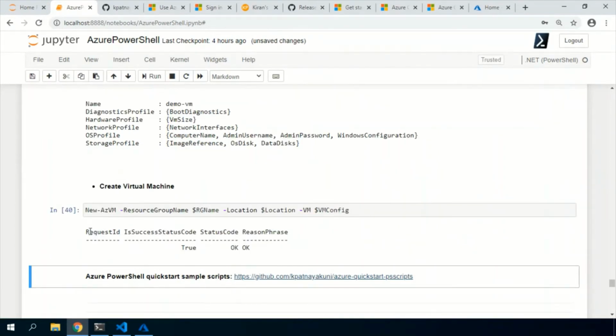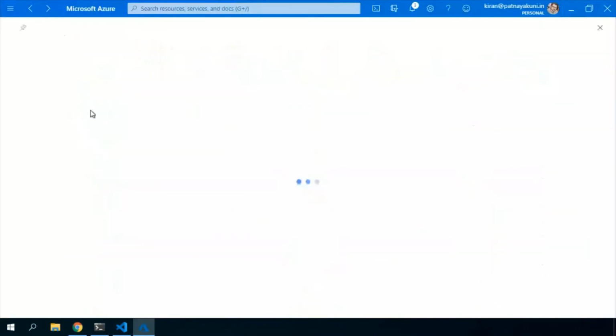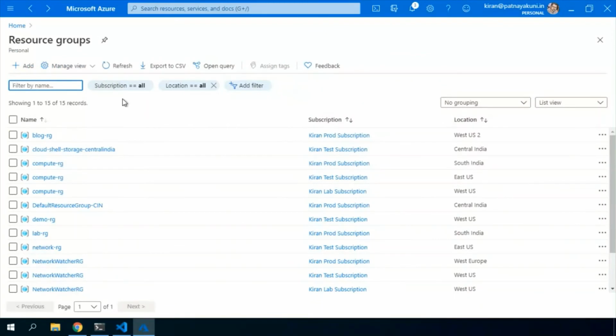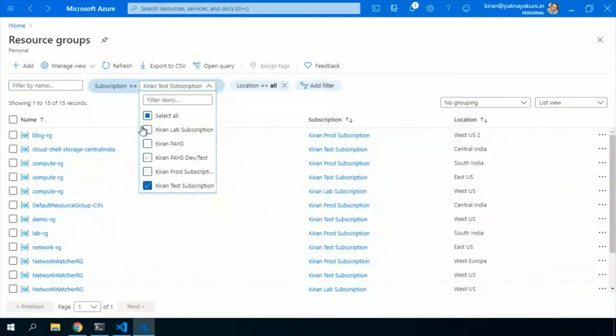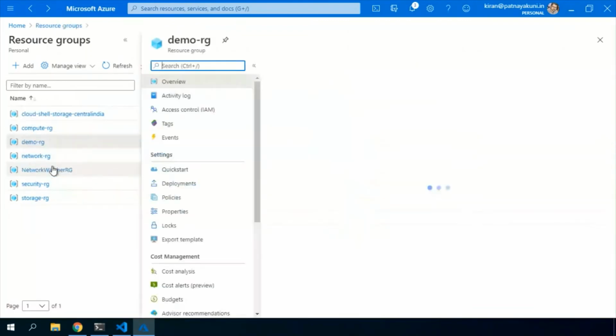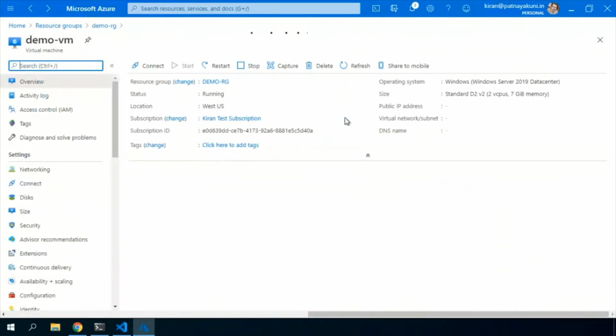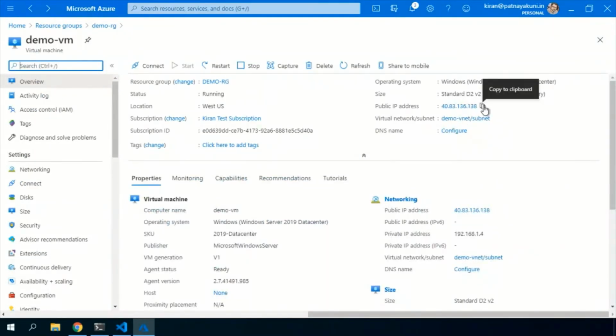Yeah, the VM is created. When you see the status is okay, the VM is created, and let's see that VM. In the demo RG, yes, the demo VM is created successfully.